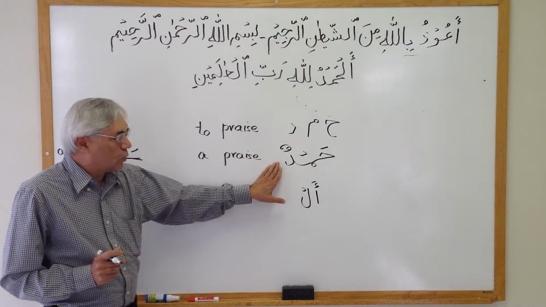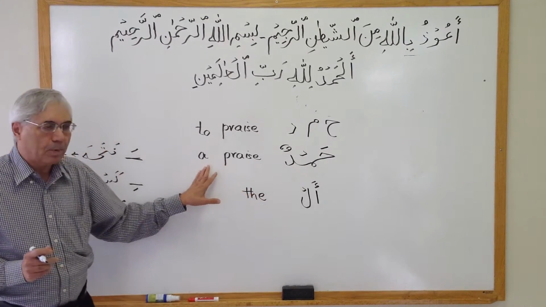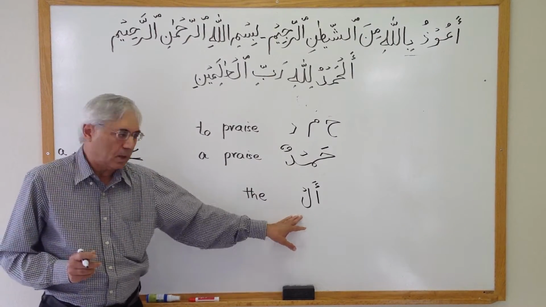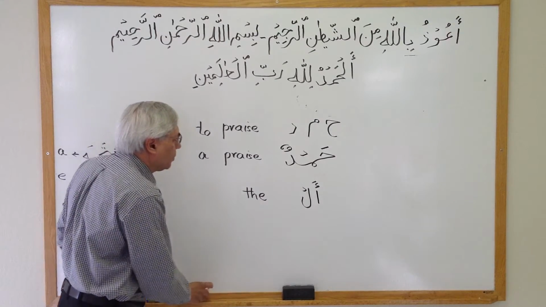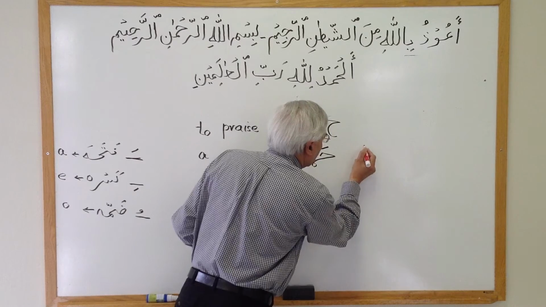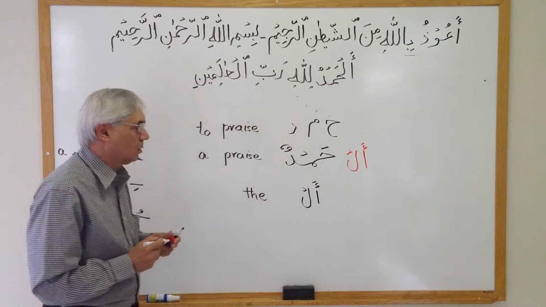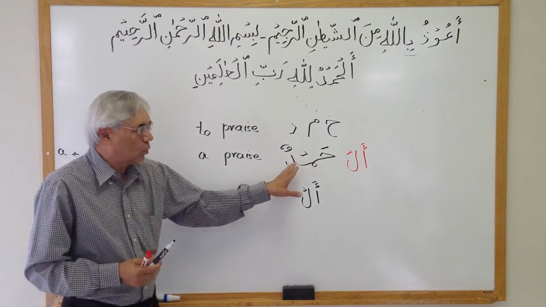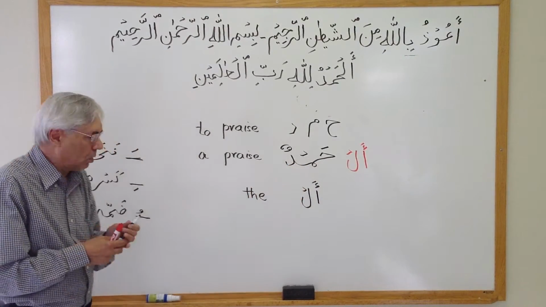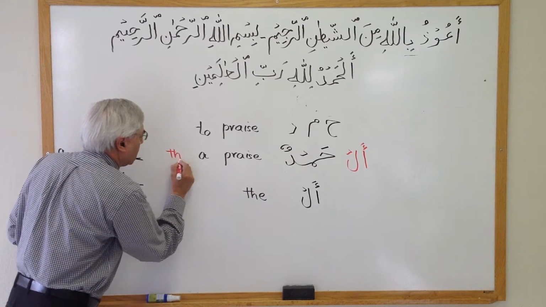So we have now two things here. We have the noun, which is a praise or hamdun, and we have "al", which means "the". What I'm going to do is combine these two. I just put "al" before hamdun. So now it became al hamdun, and in English it became "the"